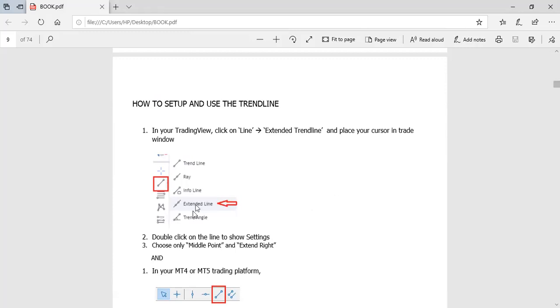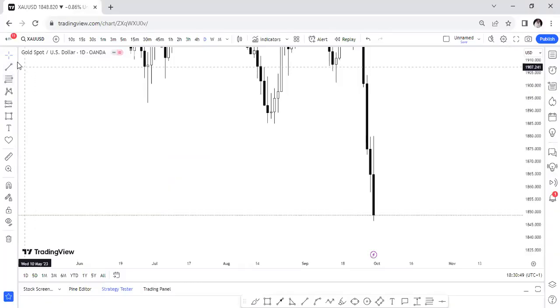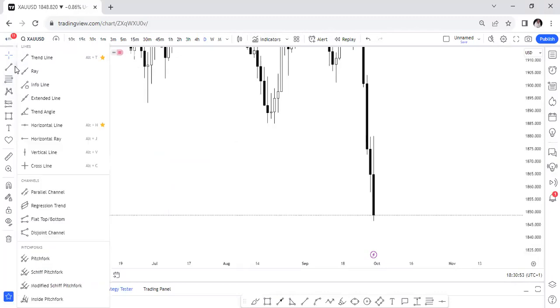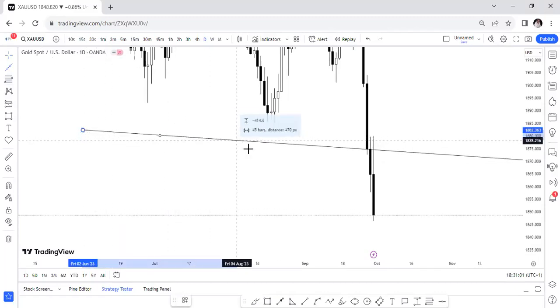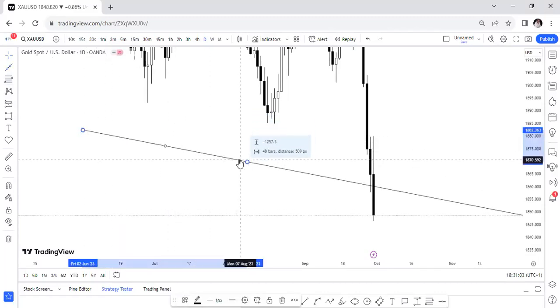If you are new to setting a trend line in your TradingView, this is what you are going to do. This is where you are going to find the trend line. You come to your TradingView, under this panel, trend line tools. You choose the extended line. Then you place your cursor on the chart. Now you right click